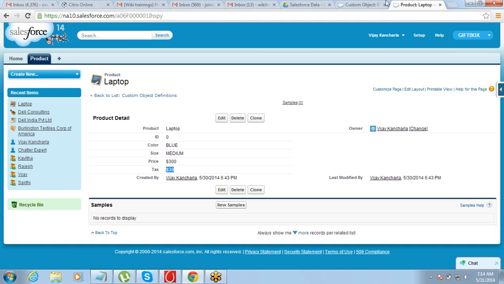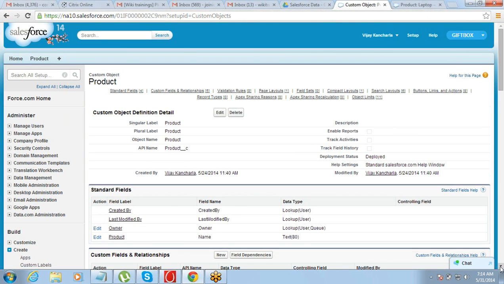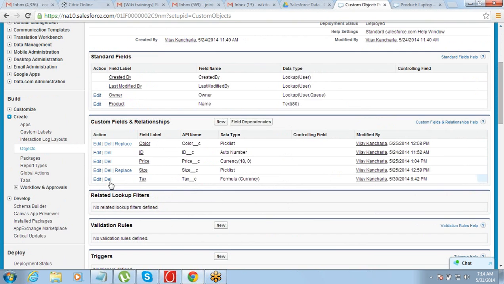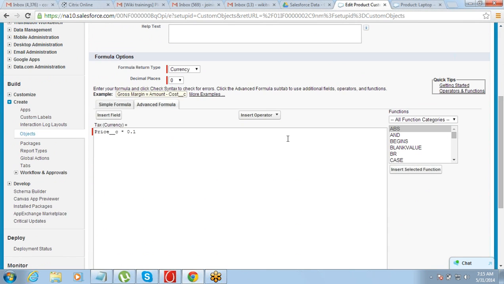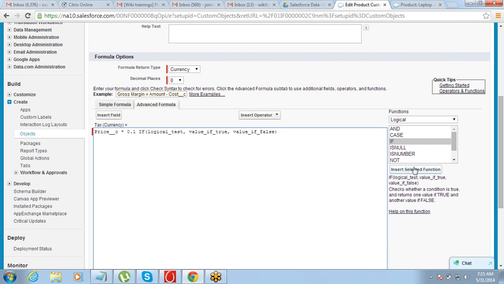For that, what we need to do, we just need to go back to that same field, edit that, go to the tax field, edit it, and we just have to make changes in the formula. If condition we have to put. So if